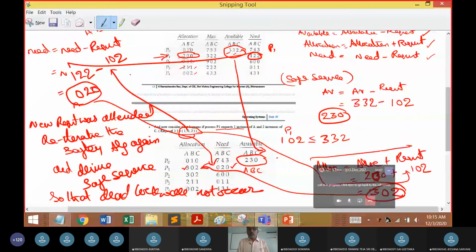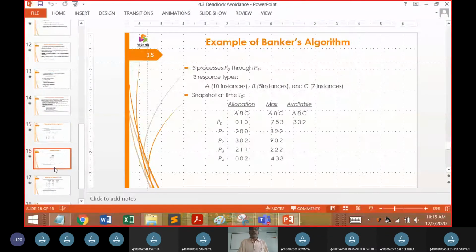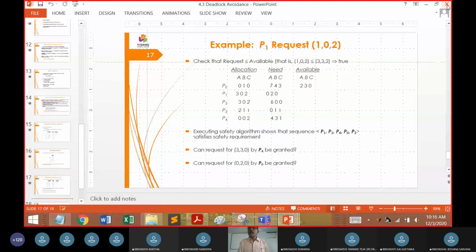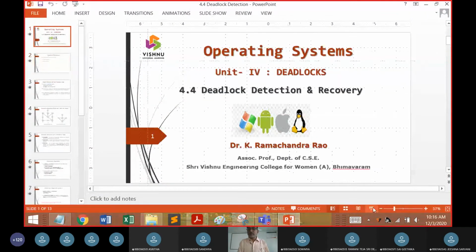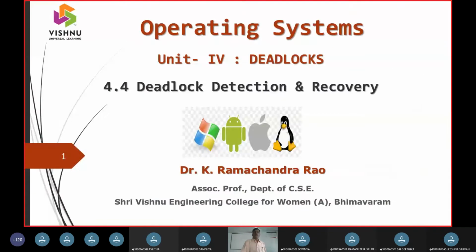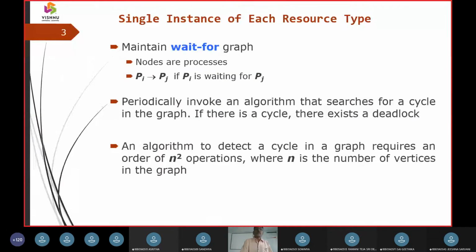Now we have to look into the second stage of the algorithm, and that is deadlock detection and recovery. The next 2 stages where deadlock detection and recovery is going to work are with 2 instances.